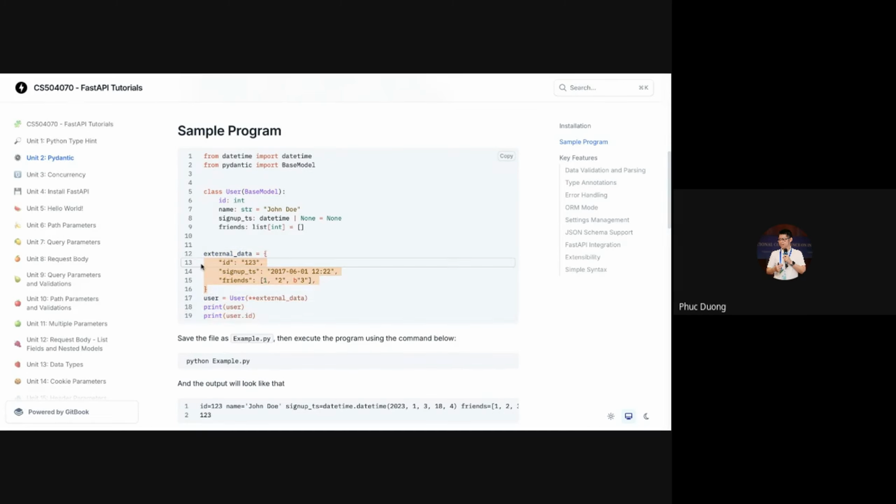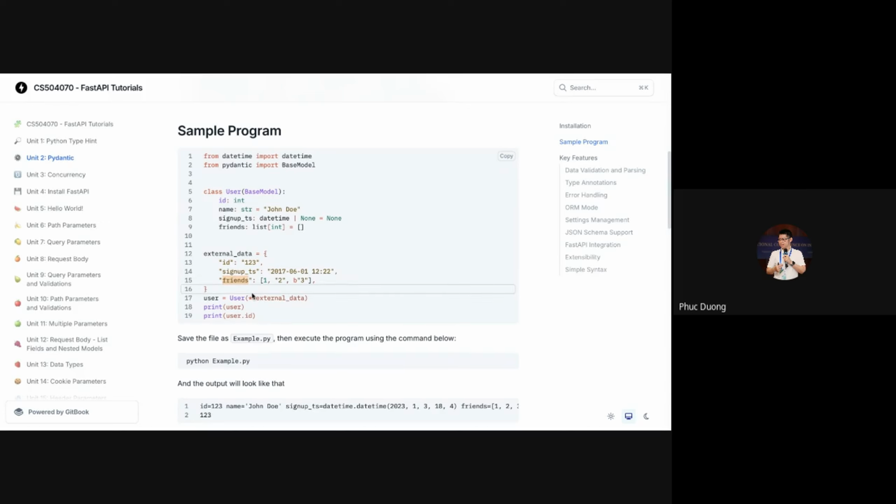From line 12 to 16, you define an external data variable, and external data is a dictionary because each element is represented as a JSON key-value pair. We have key id with value 123. We have key sign up timestamp with value 2017 and so on.